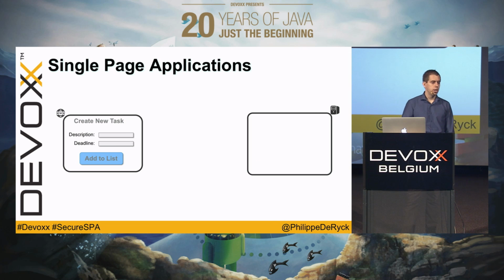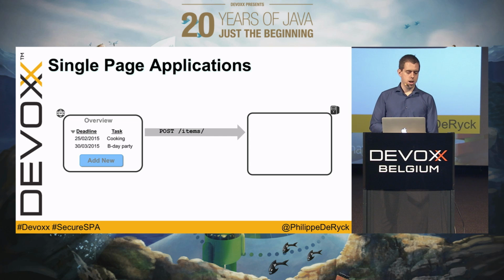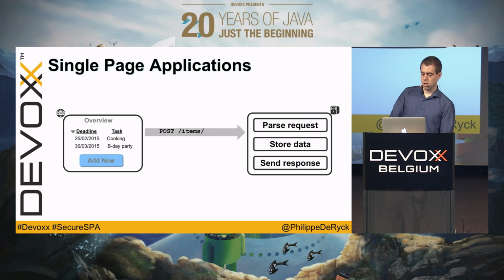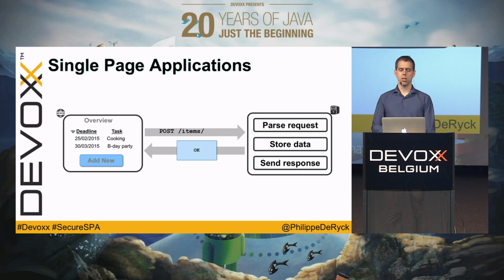And if you enter a task in the single-page application, it gets added to the list immediately. It's great performance-wise, great UI-wise, that's wonderful. Then in the background, this new item is sent to the server, where still the request is parsed, the data is stored, and a response is sent back. But the response is simply, fine, I got a task, it's stored, and everything is okay from my side. And this is a real application that's running in the browser,